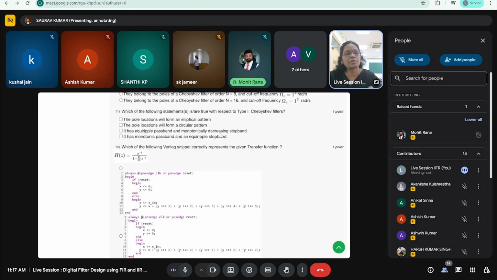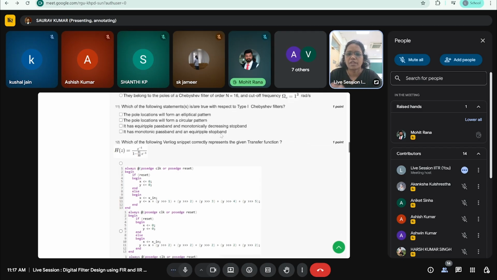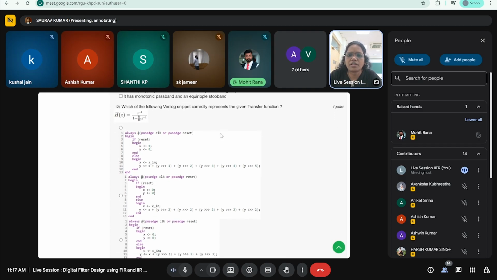So what are the ripples? What is the order? The order can also be identified from the ripple fashion. How many touchings of the band decide whether it is 6th or 7th order, which you can easily see from the response of the Chebyshev filter itself. So this elliptical and circular, which pattern does this filter obey? That's what the question is. And then given the